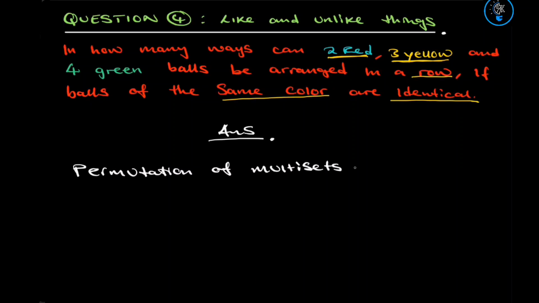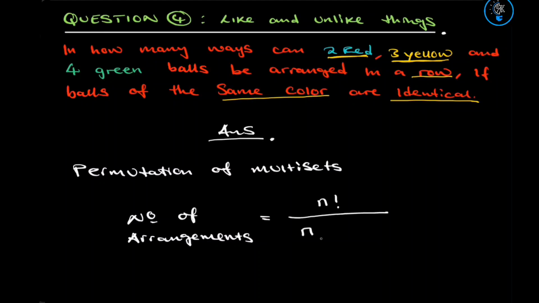So the formula looks like this: n permutation R. Actually, no, we don't say n permutation R. The formula will look like: number of arrangements is equal to n factorial